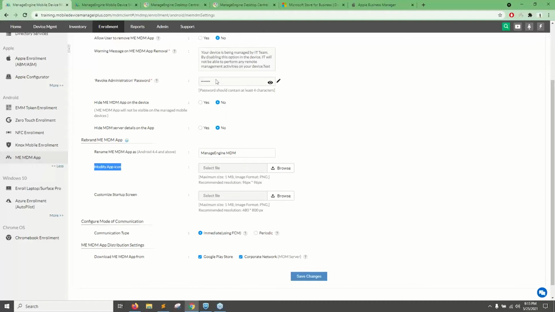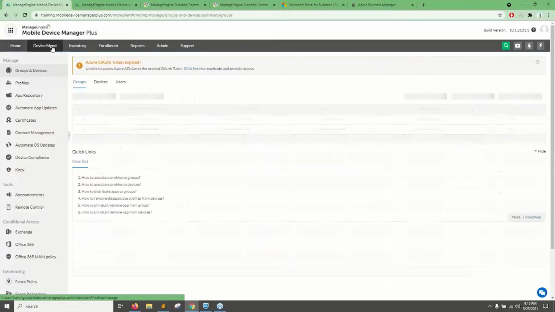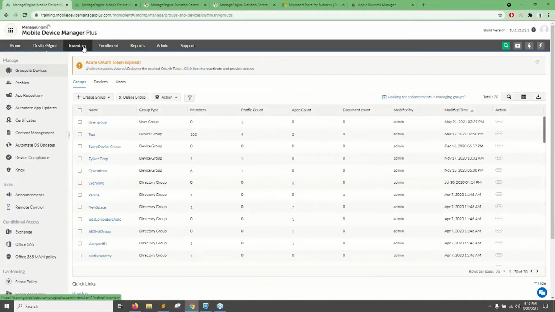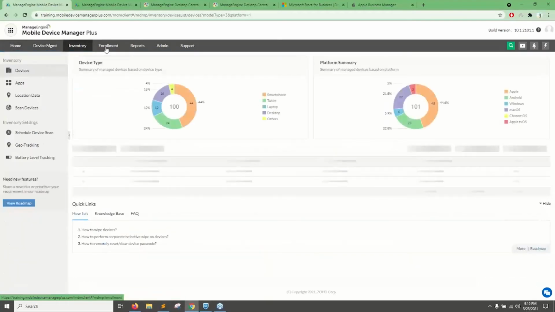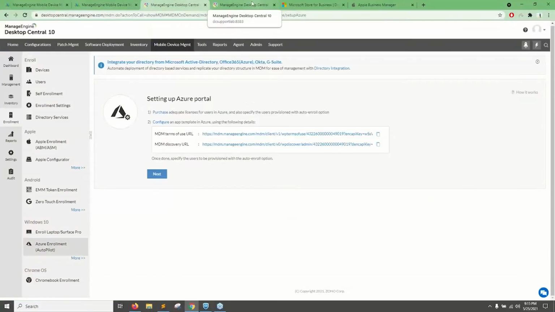So this is about the MDM solution. These are the list of tabs we have. Device management is where you do the management task, inventory to check the device details, and enrollment is for onboarding device. And this is how the desktop central console will look like, where like you said, it's the complete endpoint